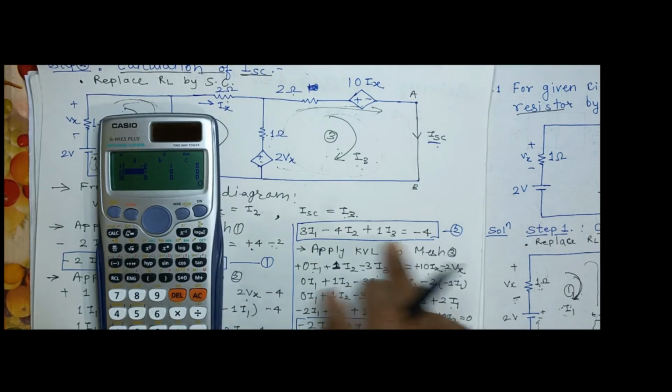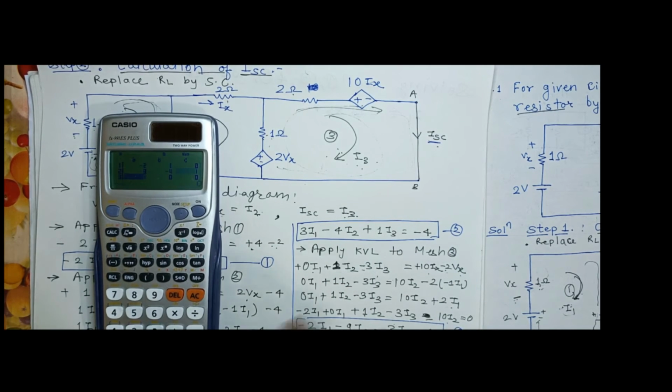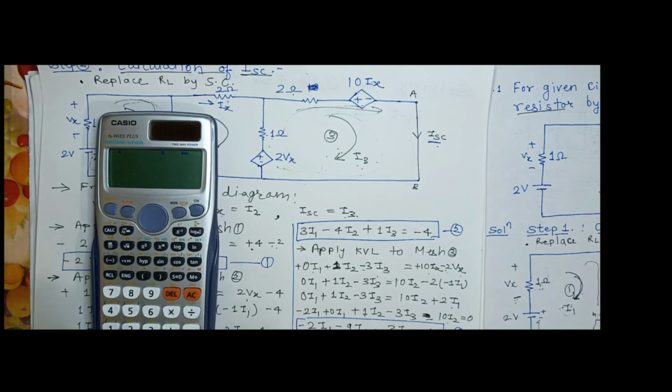2. Next we have to consider equation number 2. So what is the first magnitude of I1? 3, 3, then minus 4, then 1, sorry 1, and minus 4. Clear? Next, last equation: minus 2, minus 2, minus 9, minus 9, minus 3, minus 3, and the last 0. So now you can see what is the 0.857.